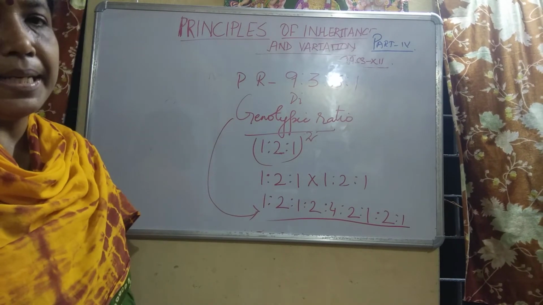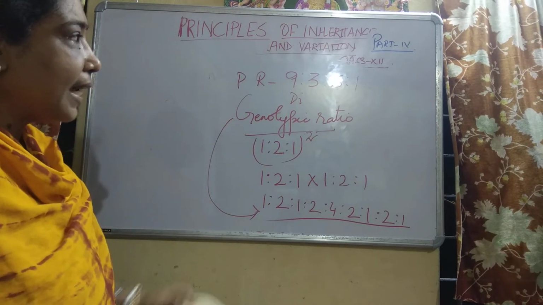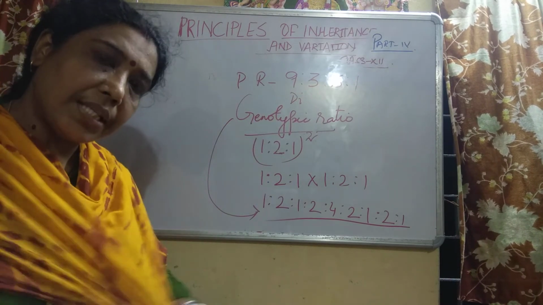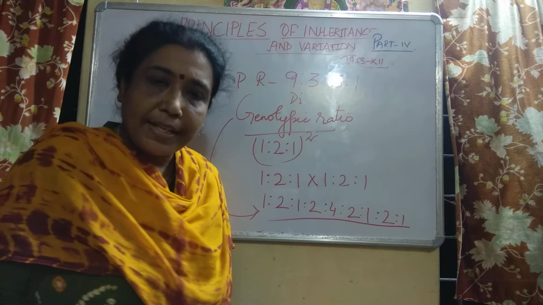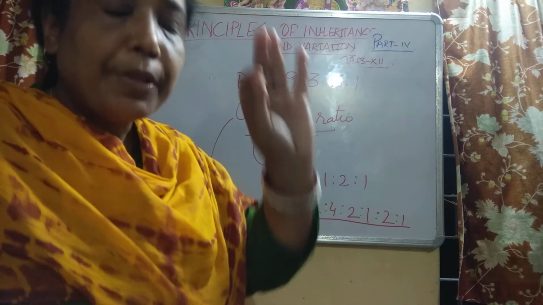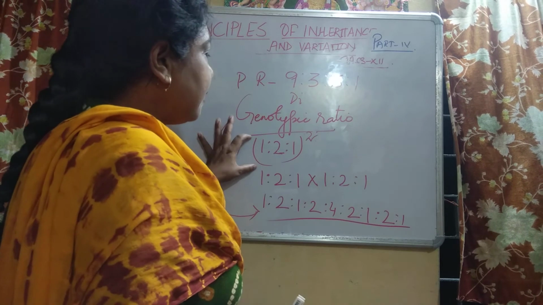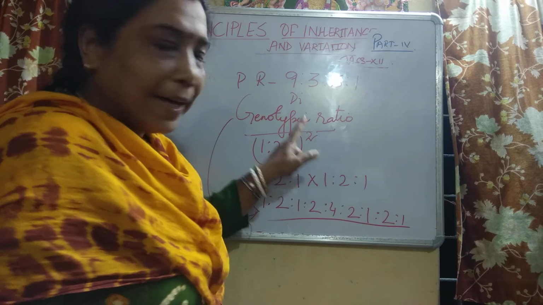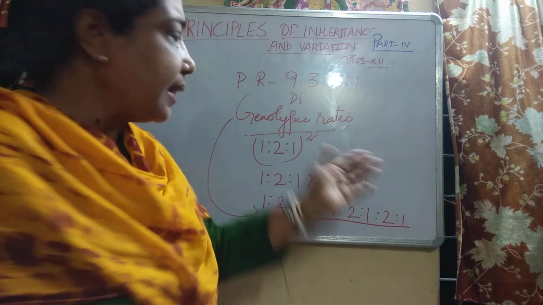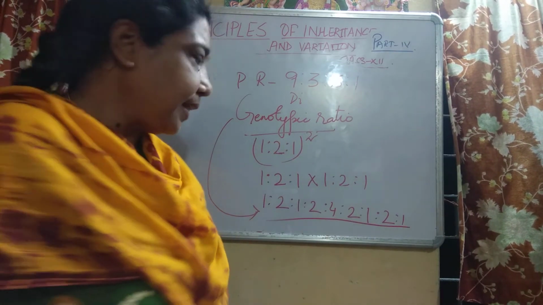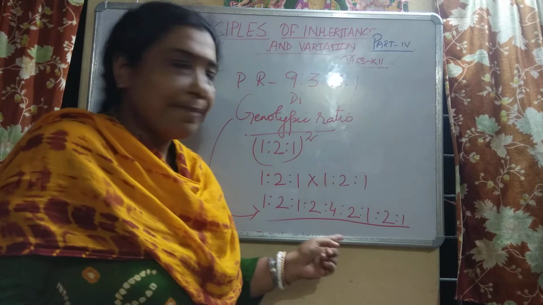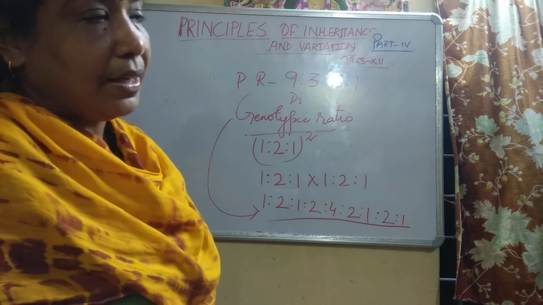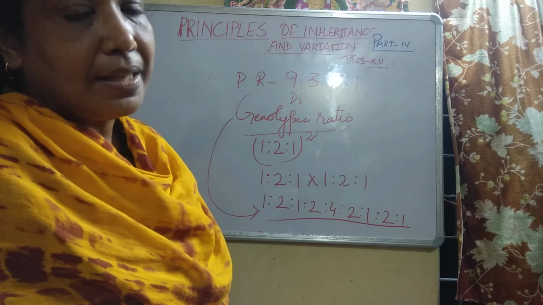Of dihybrid inheritance. And what was the phenotypic ratio? It was simply 9:3:3:1. So whenever a question is asked, is the phenotypic and genotypic ratio of dihybrid inheritance the same? You say big no. And you just use this formula. 1:2:1 to the power n means वो कैरेक्टर कितना ट्रेट है, यहाँ 3 भी पुट करोगे तो 3 का जीनोटाइपिक रेशियो आ जाएगा. You will get this genotypic ratio. So this is the phenotypic and genotypic ratio of dihybrid inheritance.